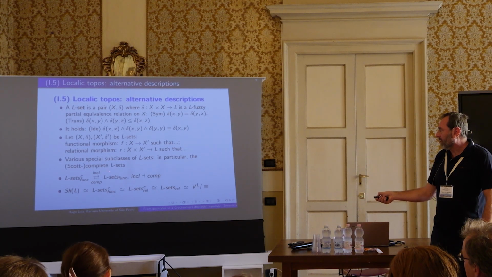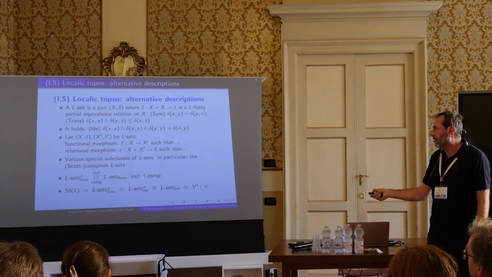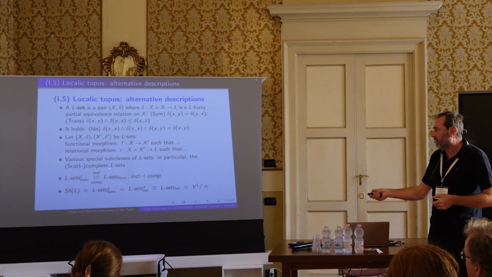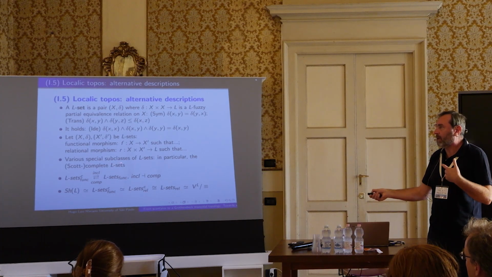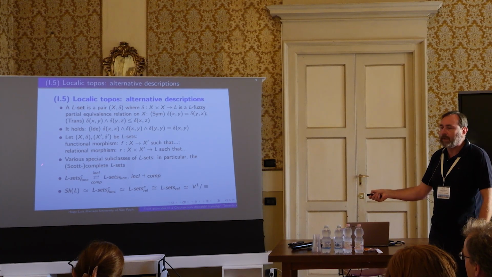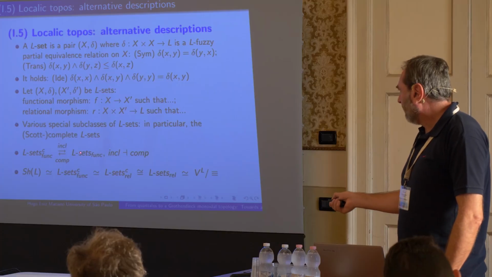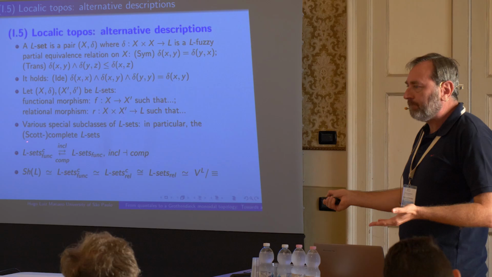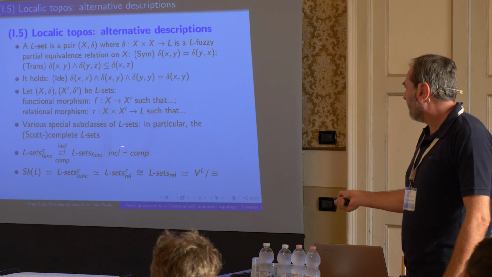In particular, I point out the subclass of Scott-complete L-sets, that is a combination, in the language of enriched categories, of the property of being skeletal, and that in L-sets maybe can be said like a separability property, and also Cauchy completeness. So it's the same thing in other language. Every L-set has a Scott completion. This provides a left adjoint to the inclusion, like this.